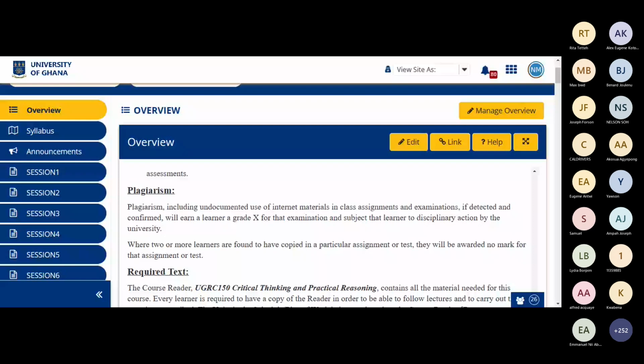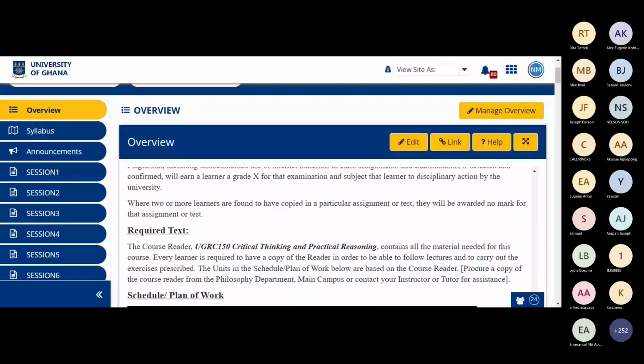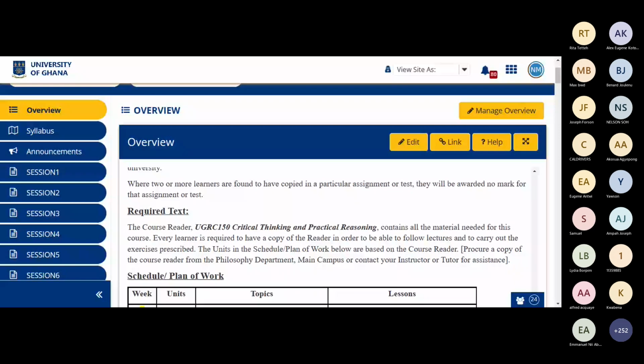Thank you very much. The required test now, I'm even afraid to talk about it because we don't have enough in stock now. Okay, so if you don't get it, then you rely on the sessions. For DE, we have even given you the entire session set. They are a bit more detailed than even main campus. Okay, so you should do fine with them, and we try to be a little bit more accessible to you than our